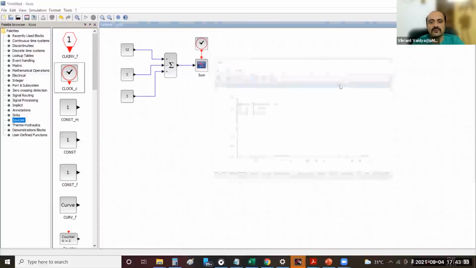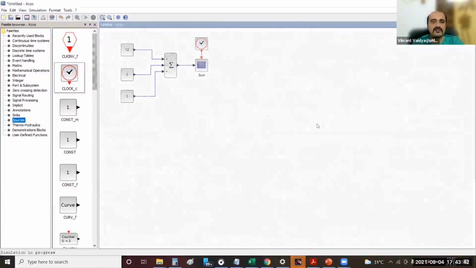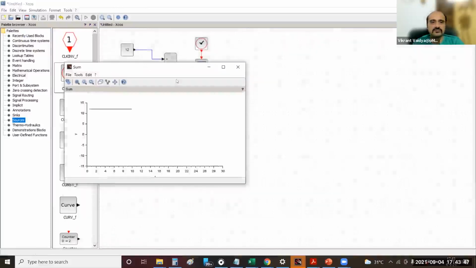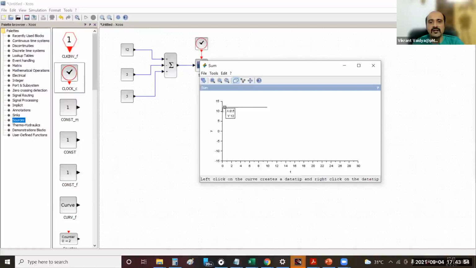Now I can actually change that. Just to exaggerate that, let me go to 0.5. And rerun the simulation. So now you see the line is starting at 0.5. If I put my data tip here and drag it, it won't go further left from 0.5. So that's what initialization time in the C-scope means, from where the plot will start. That's all it means.